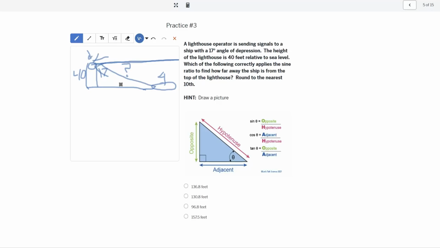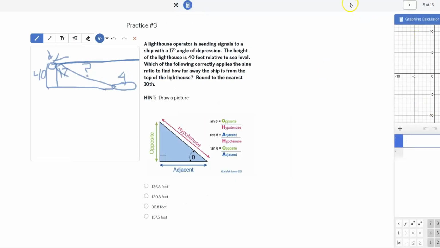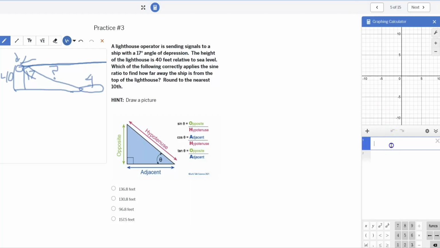Now remember, this is saying the sine ratio, right? So we'd have to apply that. Technically, we'd be doing the cosine. We wouldn't be doing that on this one, right? Because it says it's 40 degrees. So let's go ahead and solve that out in our calculator, and make sure I'm moving that calculator so we can see my work. Okay, so if we're looking at this as the cosine,